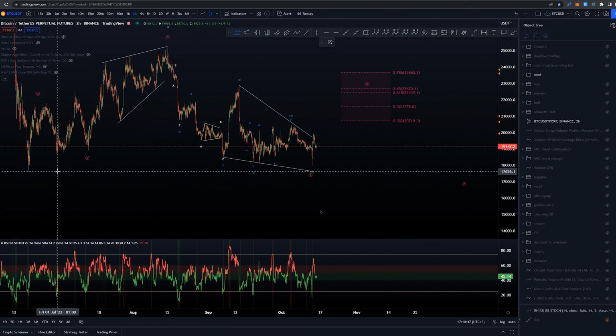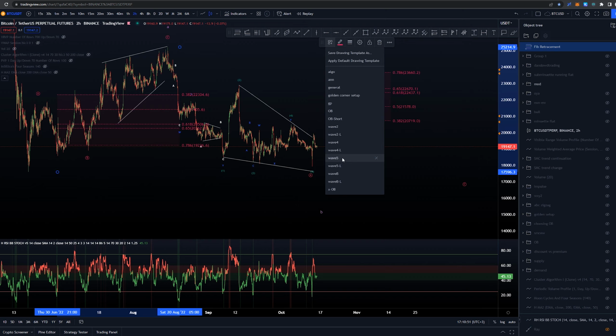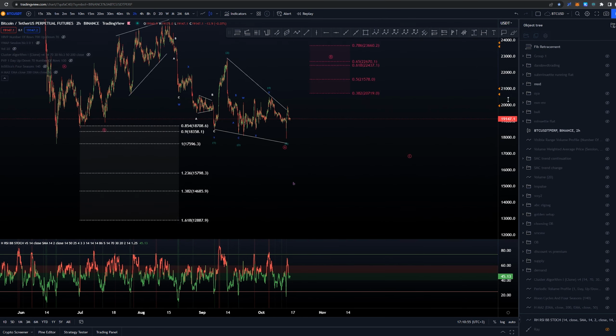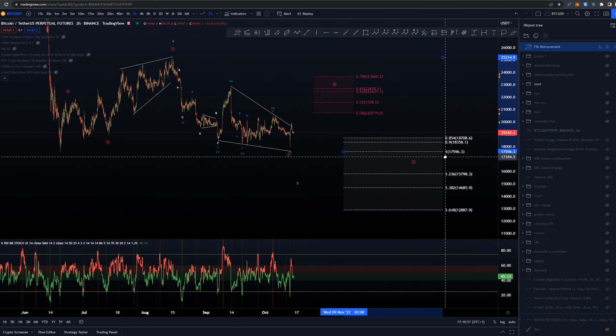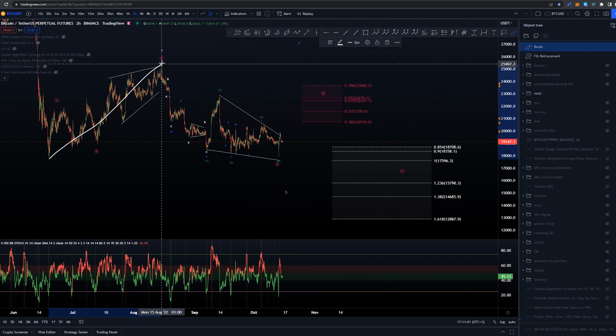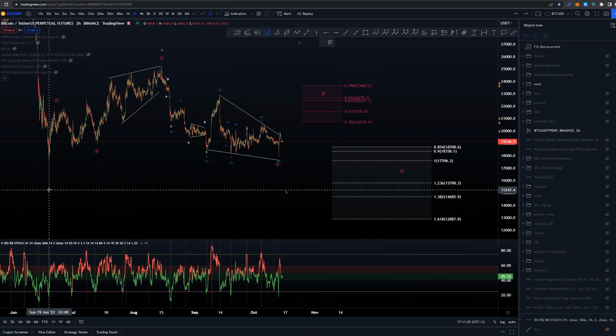The maximum this whole thing could go down to with that C, micro C, is the 1.618, which would be around 13k. That wouldn't definitely have the right look anymore in mind, because again, this has already taken pretty much the same amount of time compared to that A wave. If we are measuring that here,